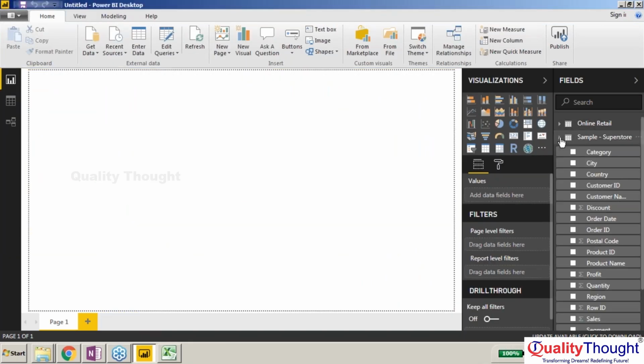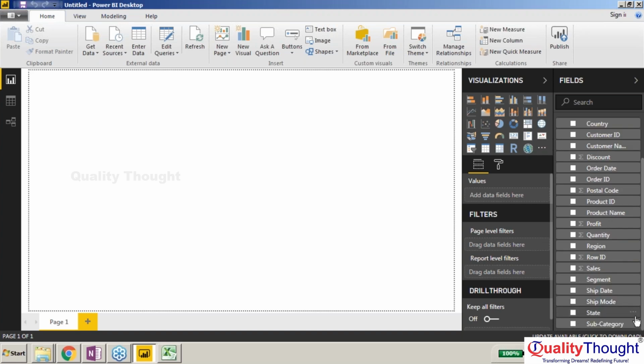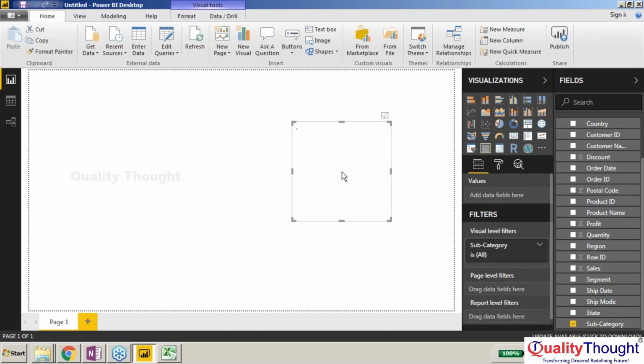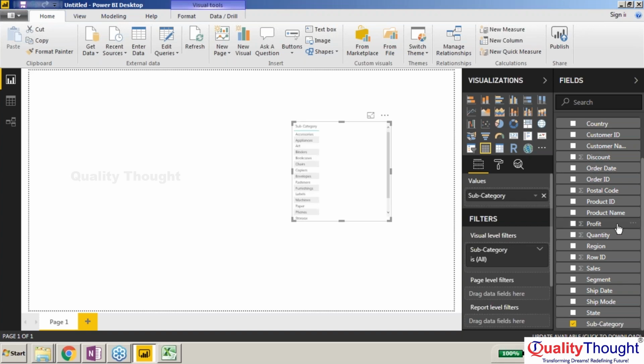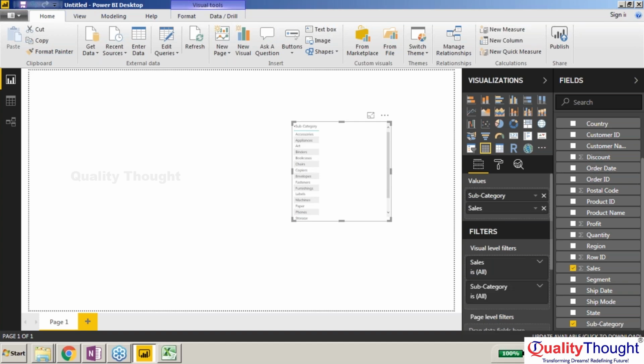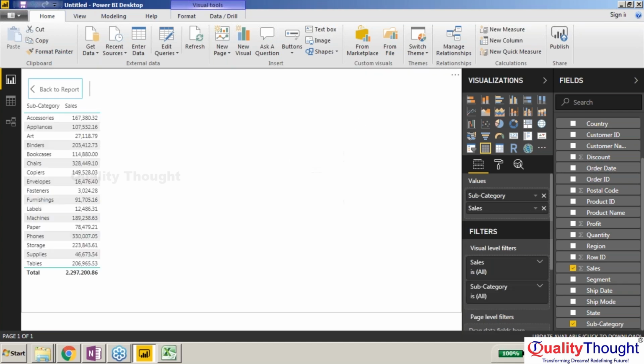So now I have the data, something like this, where I want to drag any categories. Is there? Yes, subcategory is there, and I also wanted to drag the sales of this subcategory-wise. Okay, where you can see the data something like this. Okay, now